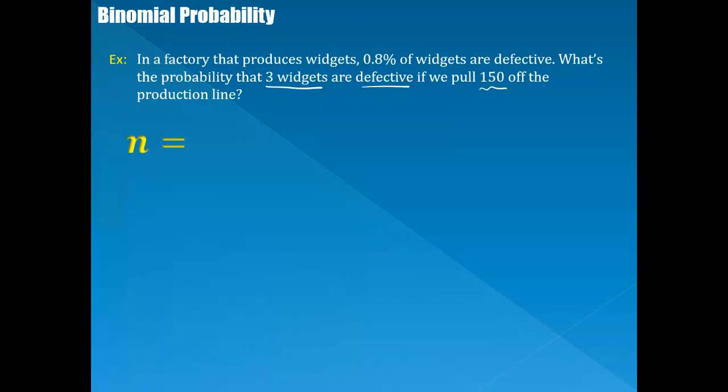Right? So let's think about this. N is the number of trials, right? So that's where we're getting, sorry, I got ahead of myself, 150. P is the probability of a success, of pulling a defective widget off of the production line. 0.8%, so what is that? 0.008. Q is 1 minus P, it's the complement, right? So that's where we're gonna get